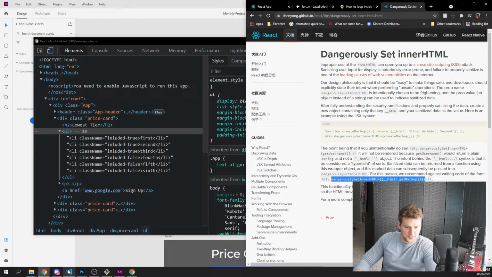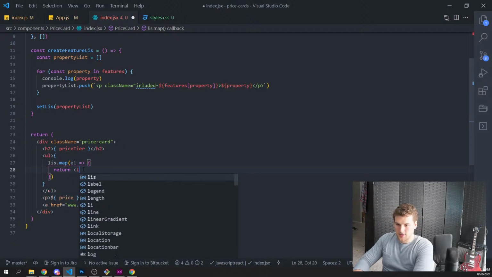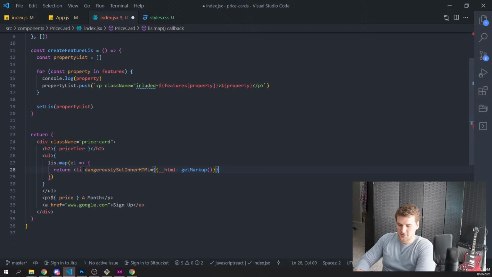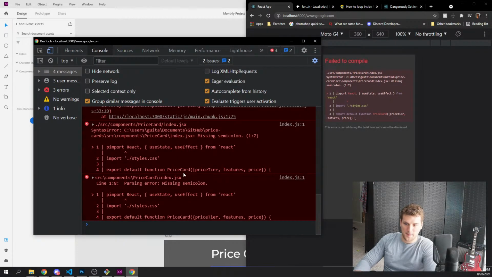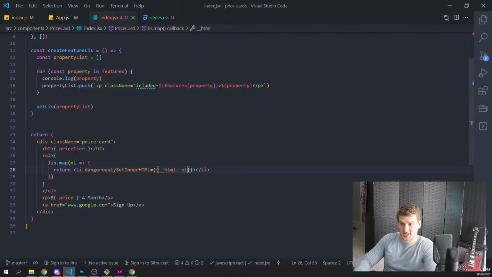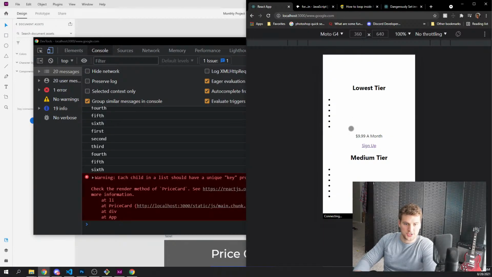Does that have to be an attribute on a tag? So I guess we can make this a P. And then we'll return an li with that inside of it. And then this is going to be the L right here. So now it'll actually render this HTML. No? You don't want to do that? P import. Why is that there? Did I accidentally type that? I did. Save, minimize, refresh.